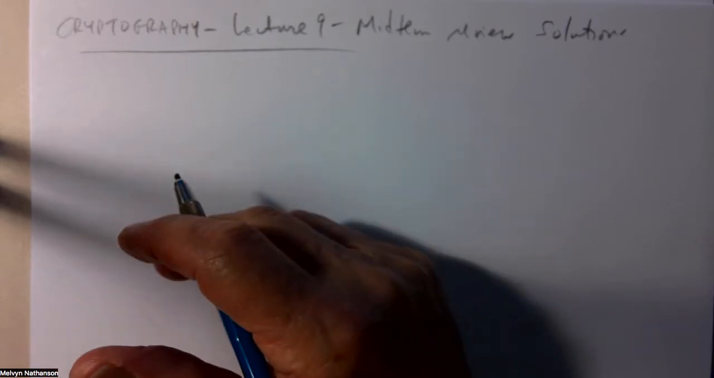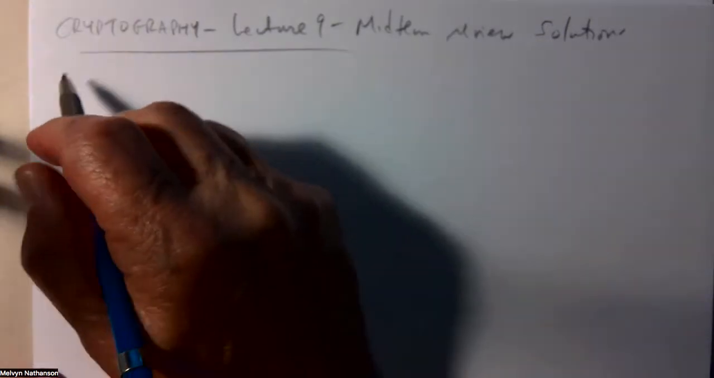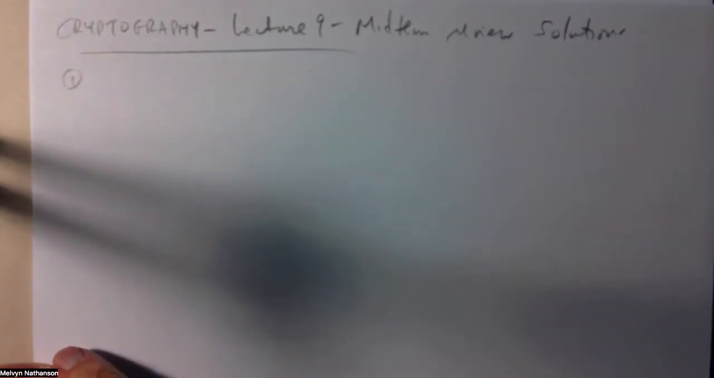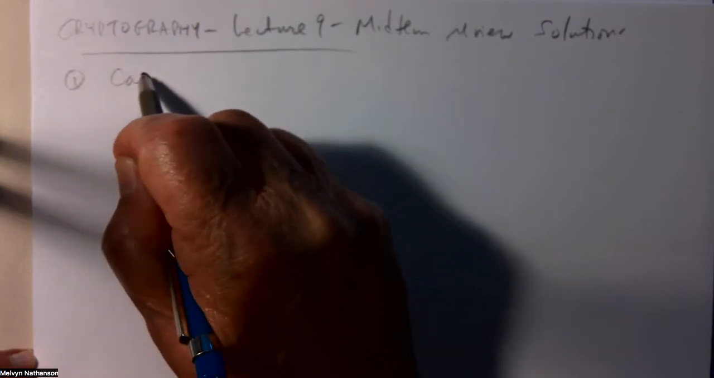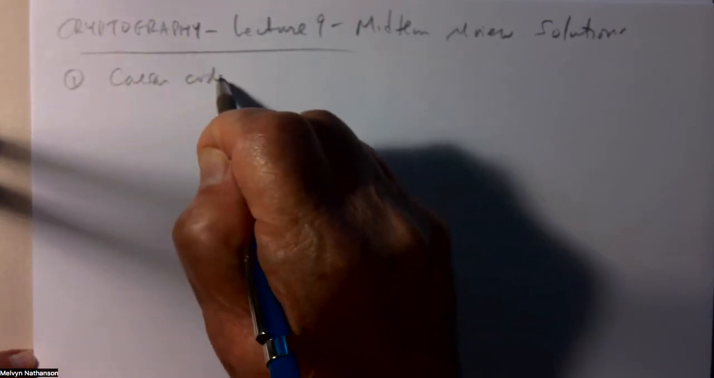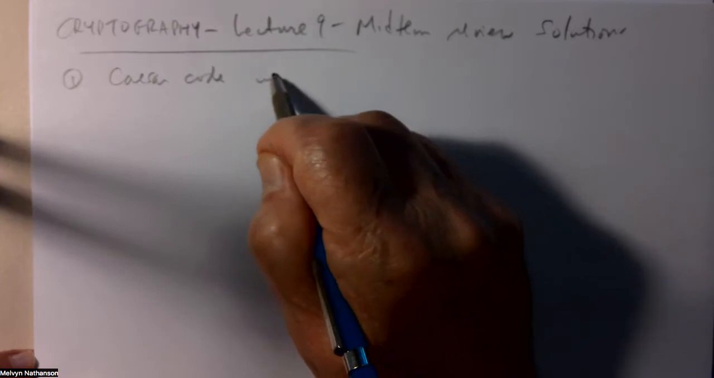So I'm going to begin solving some of the problems on the midterm review. Since this is a course in cryptography, the most important problems are the first three where we actually do cryptography as opposed to the underlying algebra and number theory that you need for the codes. So the first is the easiest. We have a Caesar code with a shift